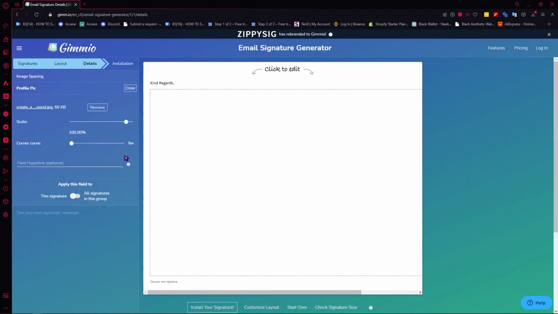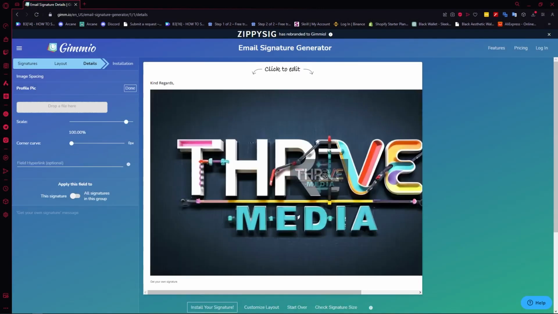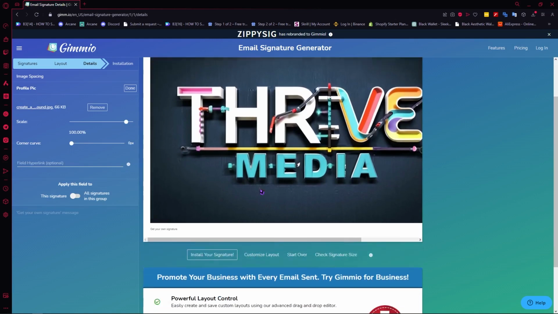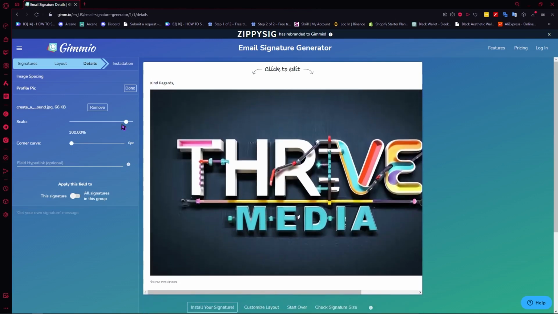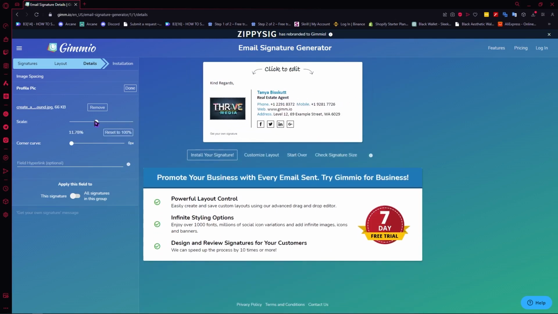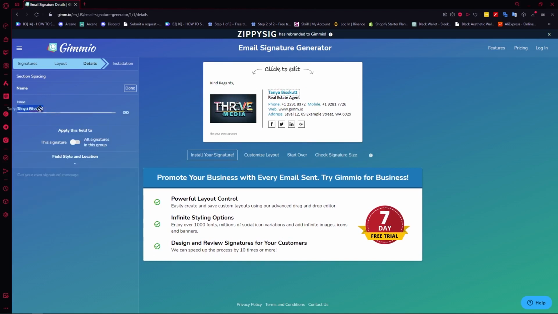Click on done, and then right here I can now position the picture right here. So I'm just gonna scale it down so that it would be like this. So yeah, just like that. And now the next thing is that we're gonna edit some text, of course. So we're gonna edit the name right here. We're gonna change this into Thrive Media